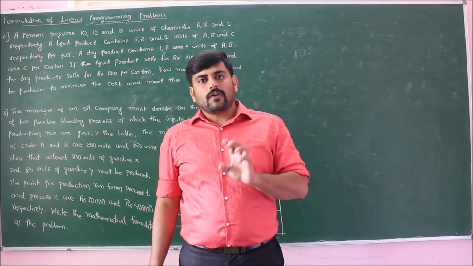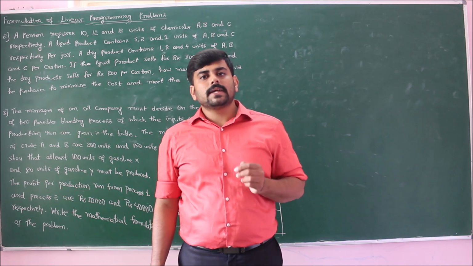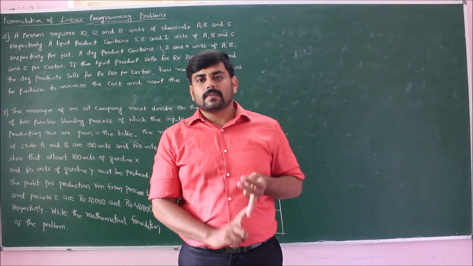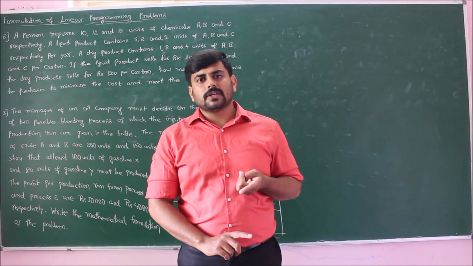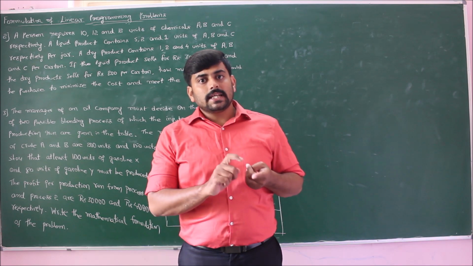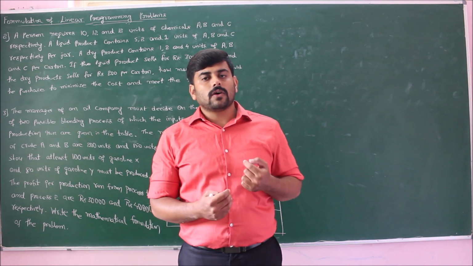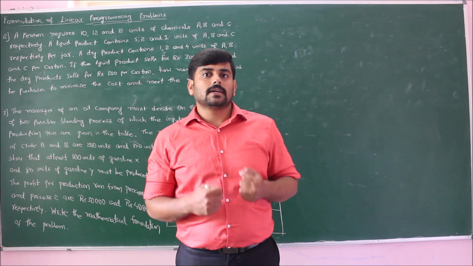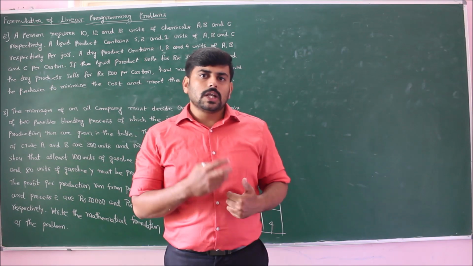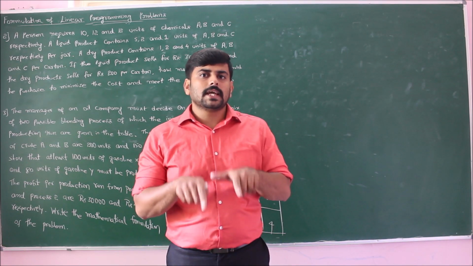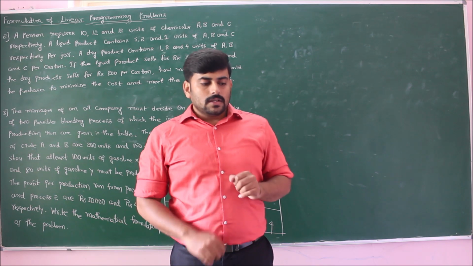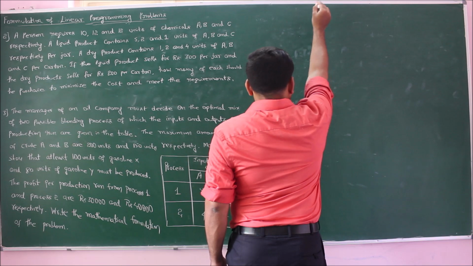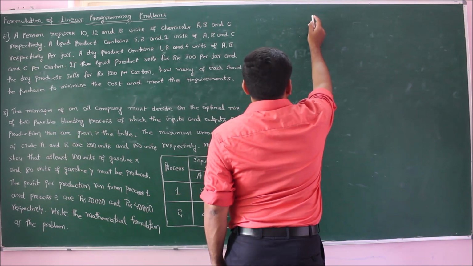As I said, for the formulation of linear programming problems, the three basic points to be remembered are the objective function, the constraints, and that all the variables should be non-negative. Now coming to the objective function, here he is not selling the product, he is purchasing the product. So our objective is to minimize the purchase and maximize the gain. If he purchases these liquid and dry products, the gain for him is the chemicals involved in them. So the first point in the linear programming problem is the objective function.